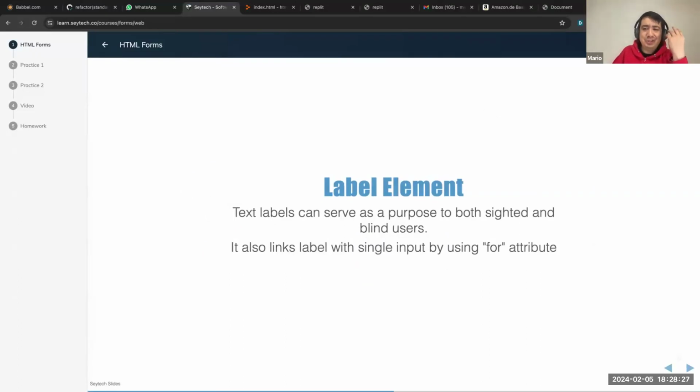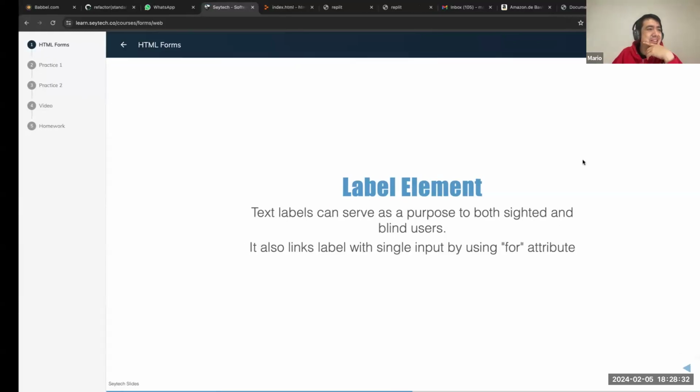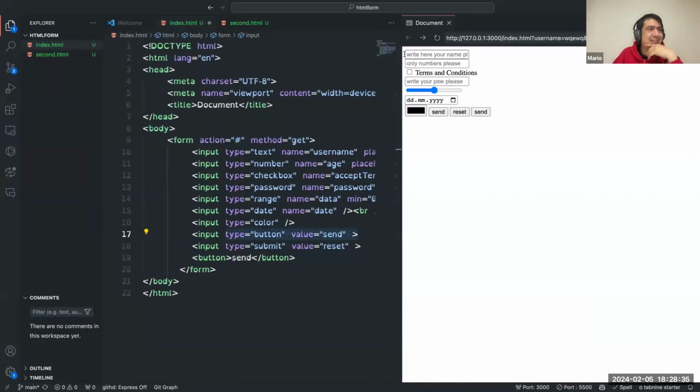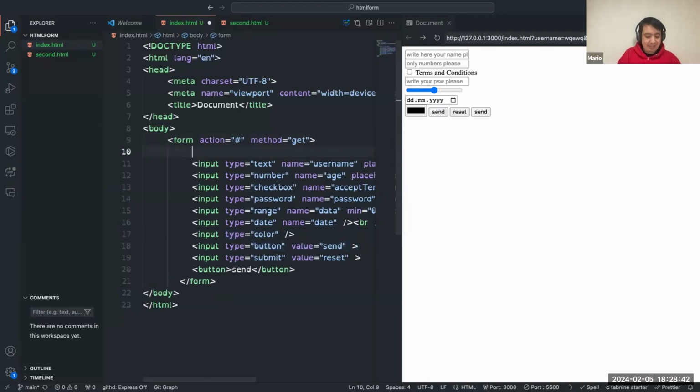Then we have something very important that is the label. That is the label. You know, if you see it, Mario, but I don't have here like some information. In that case, we will just use something called label. The label is open close. And let's say I will say name. In this case, it's looking like it's working, but for semantic,